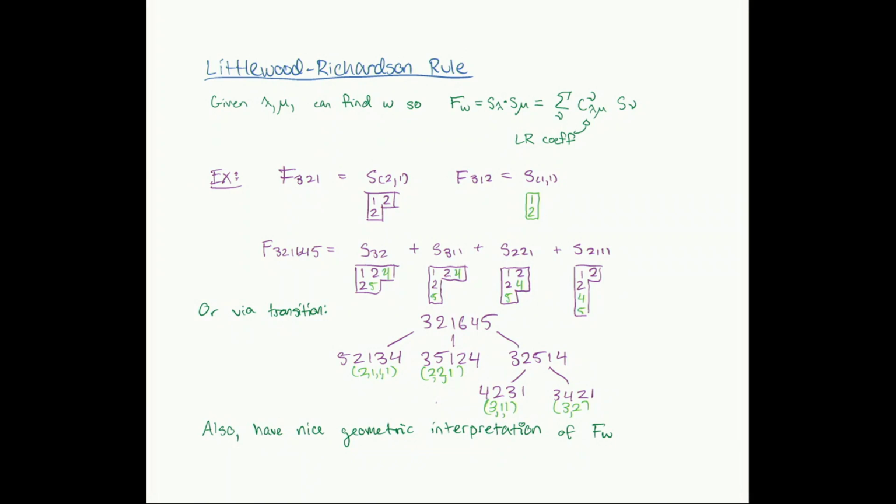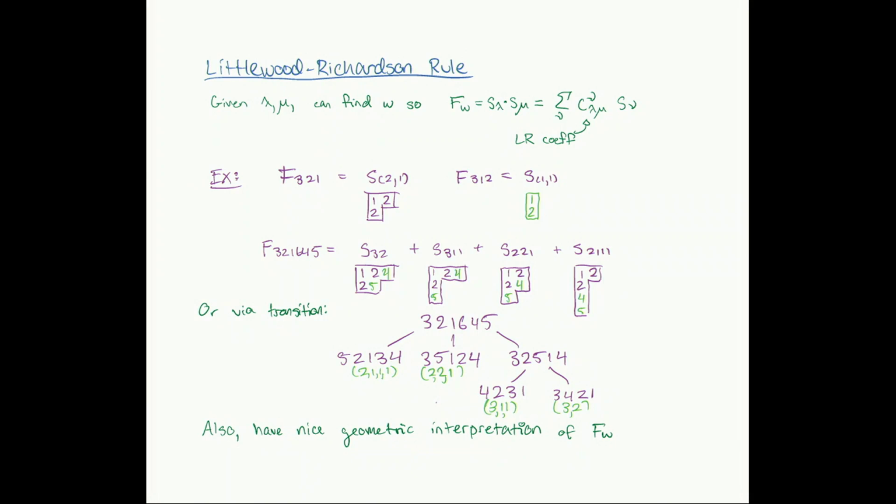I guess one way you can think about it is that these green values are the ones corresponding to the 312, and the purple values are the ones corresponding to the 321. And so the takeaway I want to emphasize, right, one, this is an example of the Pieri rule that we saw earlier this week, but two,